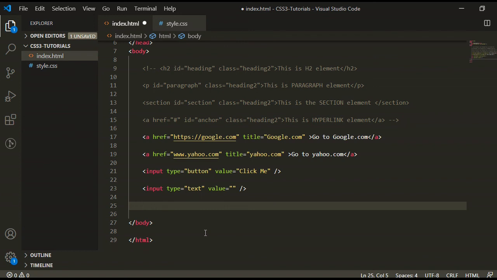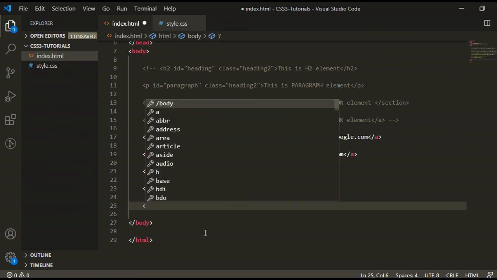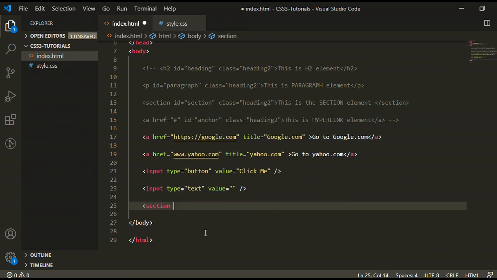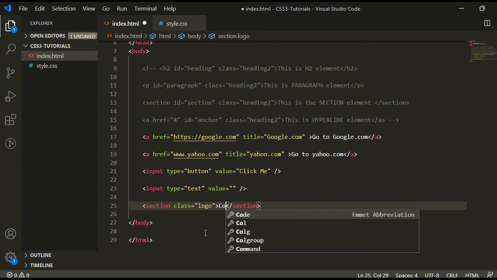Here I am taking a new HTML element, a section, and giving it the class logo and some text.